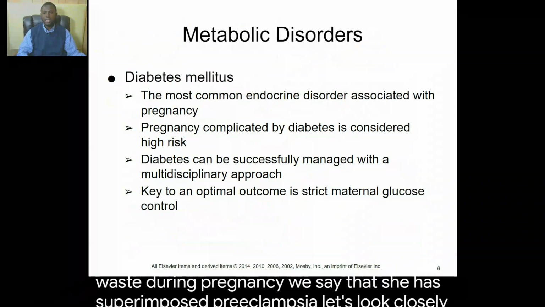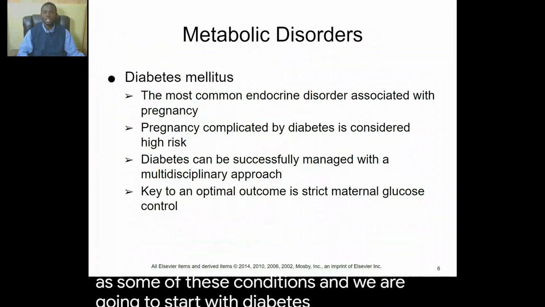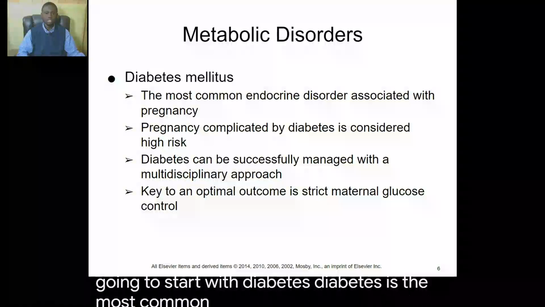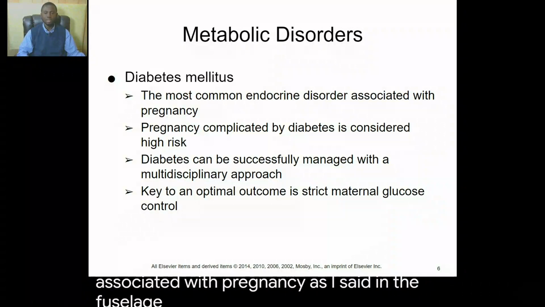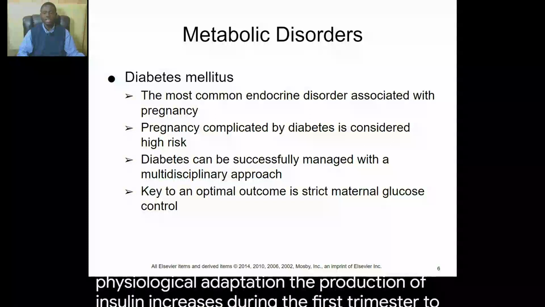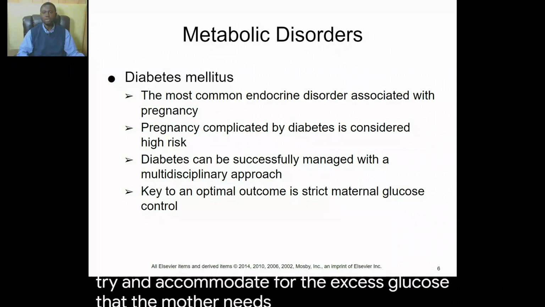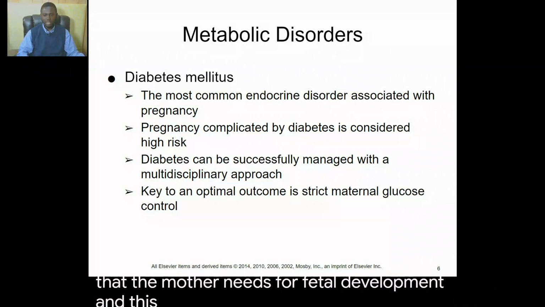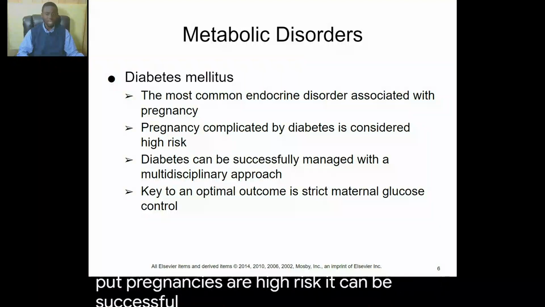Now let's look closely at some of these conditions, and we are going to start with diabetes. Diabetes is the most common endocrine disorder associated with pregnancy. As I said in the physiological adaptation, the production of insulin increases during the first trimester to try and accommodate for the excess glucose that the mother needs for fetal development. And this tapers down. And although diabetes puts pregnancies at a high risk, it can be successfully managed because after the first